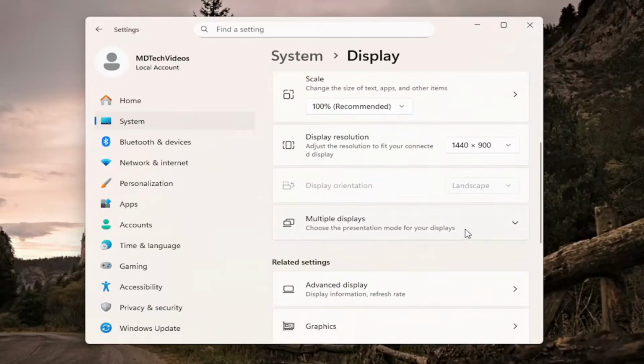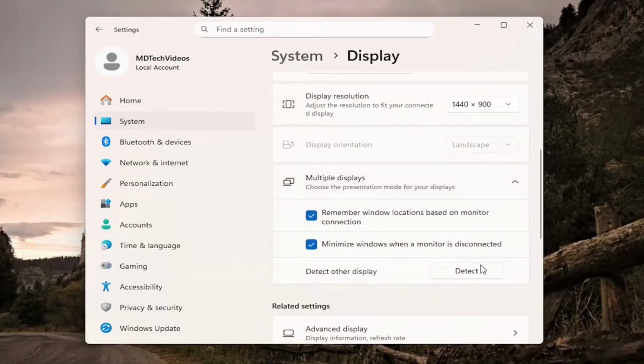Choose the presentation mode for your displays. And then hopefully if you've connected everything properly to your device with the cables, you should be able to select the detect button and it should automatically detect it. If not, you may need to go onto the manufacturer's website of the monitor and then locate the applicable drivers